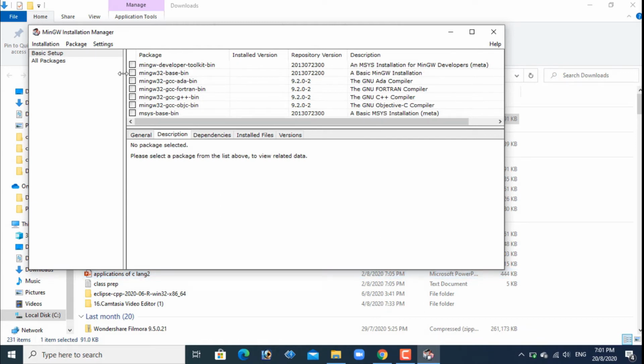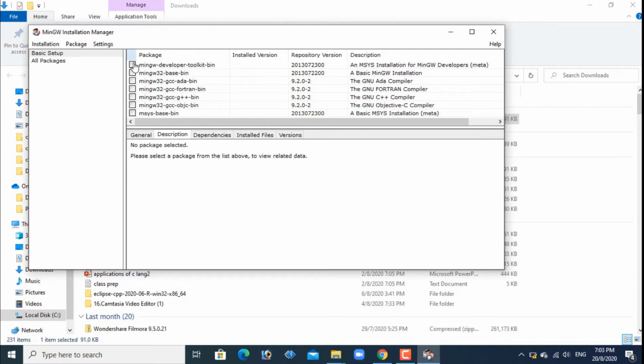We can see the MinGW installation manager. Actually, the MinGW compiler provides 4 compilers, that is C, C++, Ada and Fortran compilers. For now, we will install the C compiler and C++ compiler.